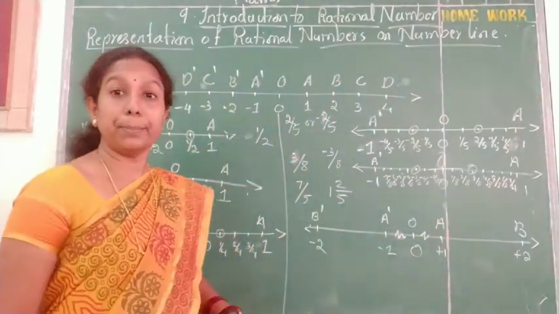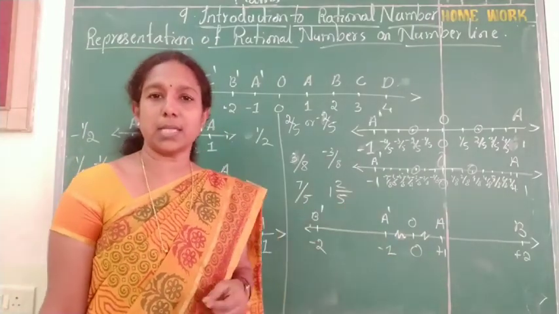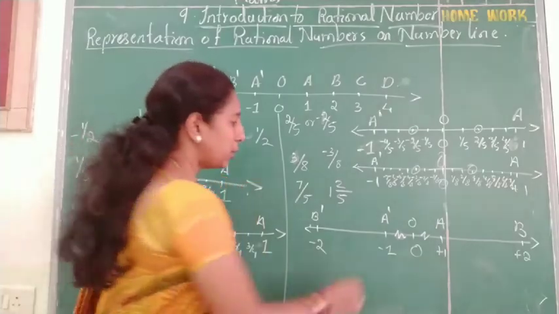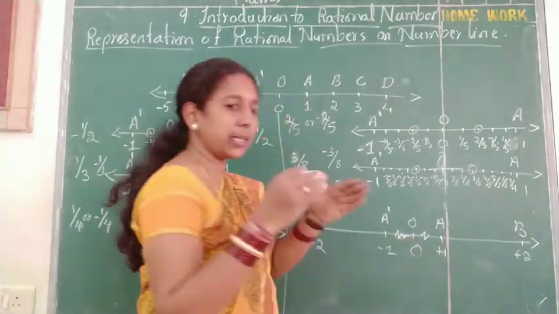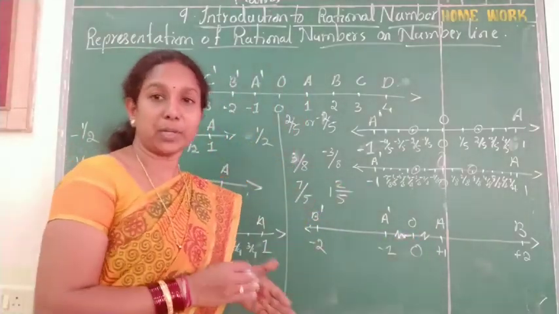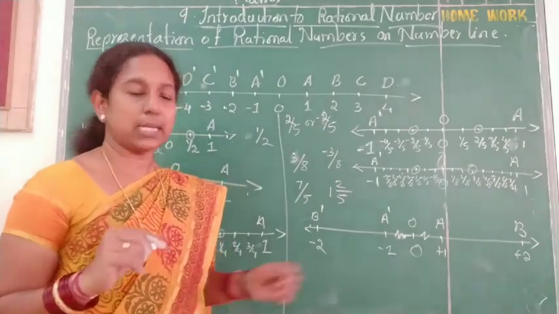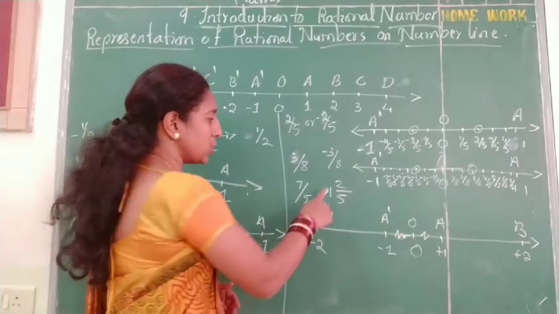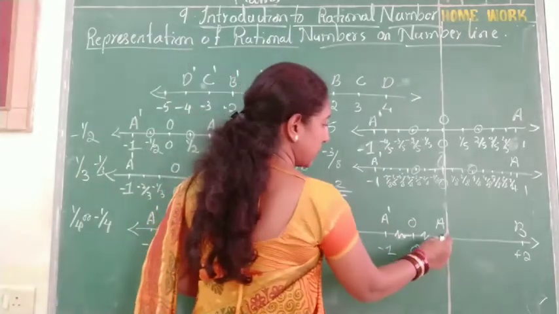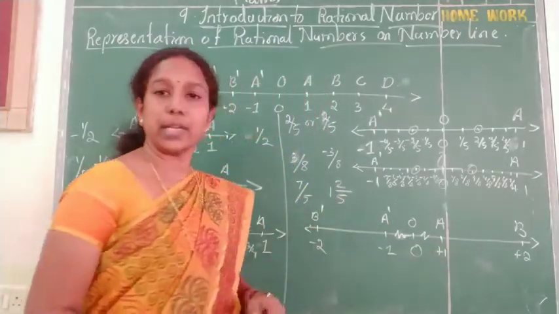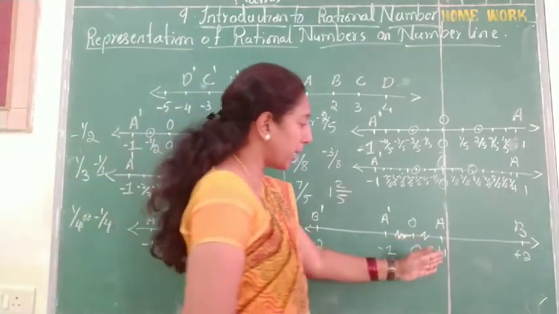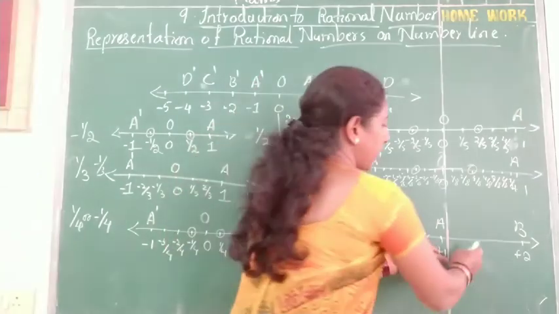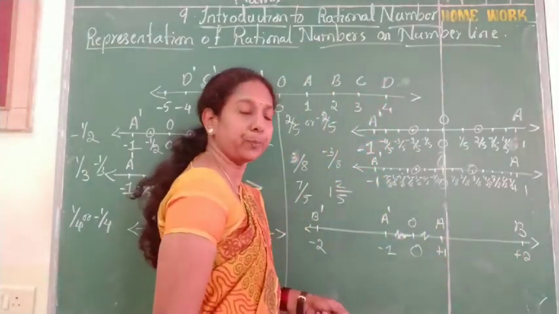What happens, when some big rational numbers come, we cannot write them on one paper. So we have to mark like this to represent that it is there, but we are unable to represent it here. So we will write like this on both the sides. Okay. So now I got this is 1, minus 1 is already, plus 1 is there. Now I have to represent 2 by 5 from 1. Because 1, this one is already here. 2 by 5 I have to represent in between the 1 and 2.